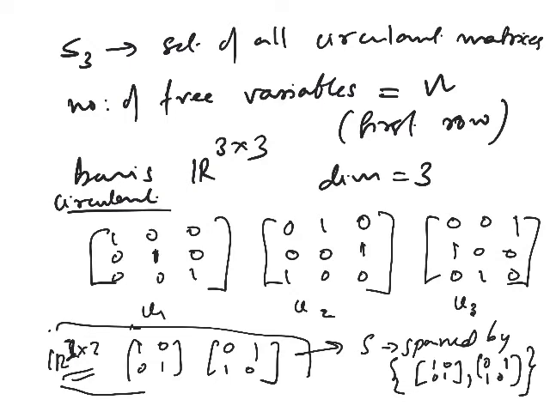So what do you think will be the representation of this? See, I told you that the ambient space is R2 cross 2. Its dimension is 4, so every element in R2 cross 2 gets represented by a 4 tuple. Now what I am looking at is S. Where does S lie? In the ambient space, R2 cross 2. S is spanned by two basis vectors, 1, 0, 0, 1 and 0, 1, 1, 0. The question is, what would be its representation? Two tuple.